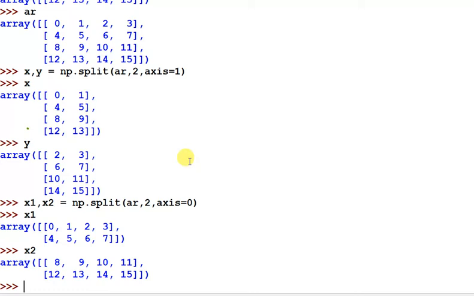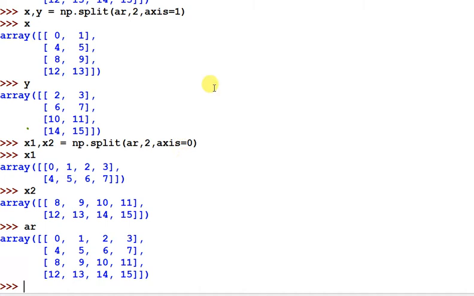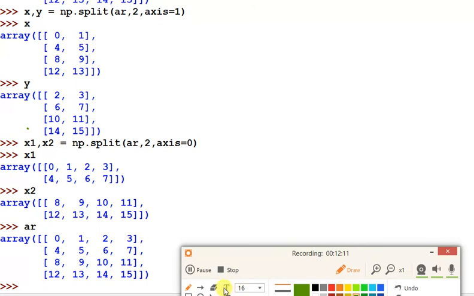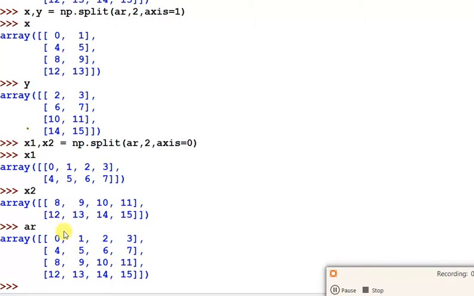And one more thing, hsplit and vsplit only divide equally, and split also divides equally, and it also allows non-equal division. So how can we do non-equal division? We have to pass the argument in this way. Suppose this is the array and I want to divide this array into 3 parts, but it is not possible to divide into 3 equal parts.